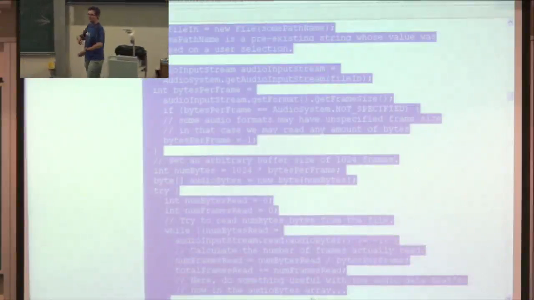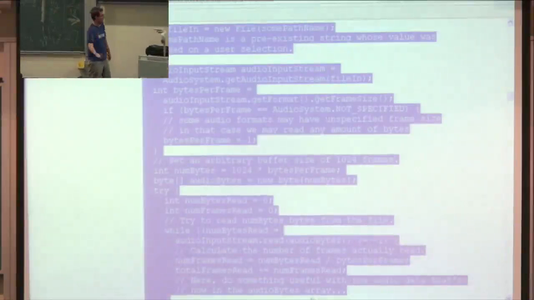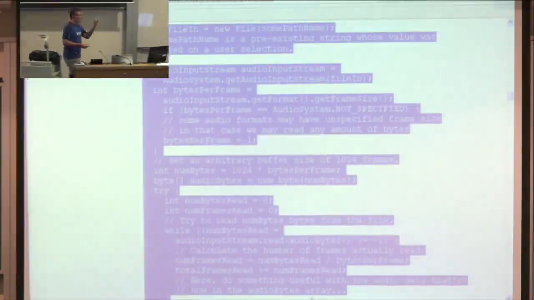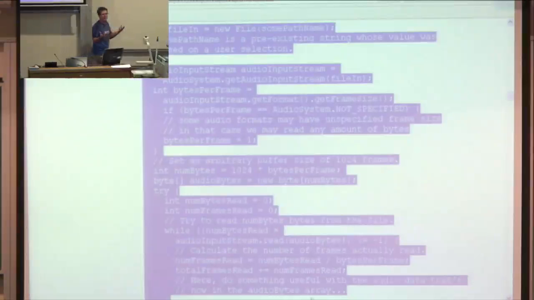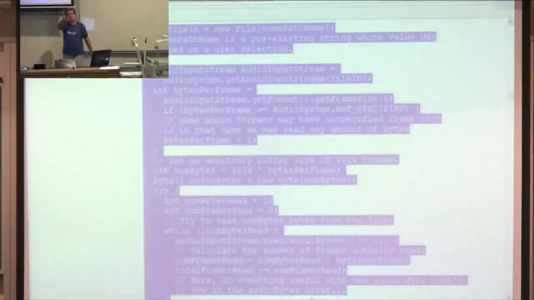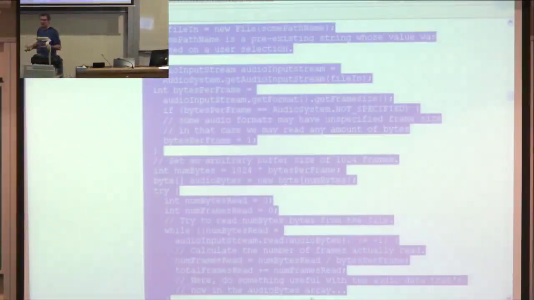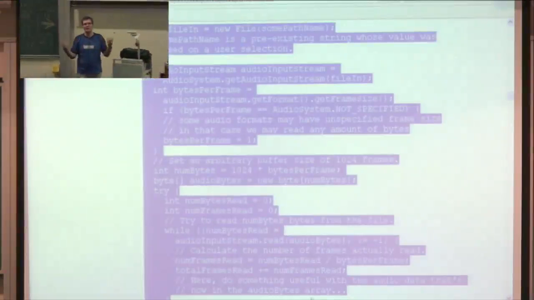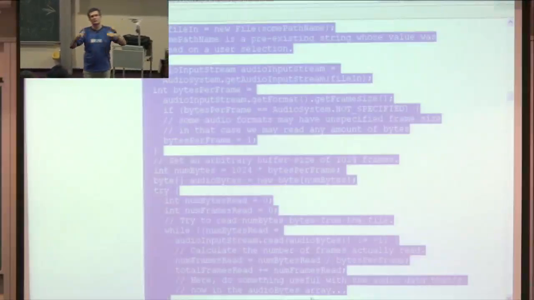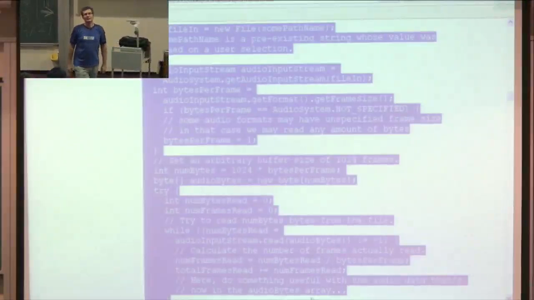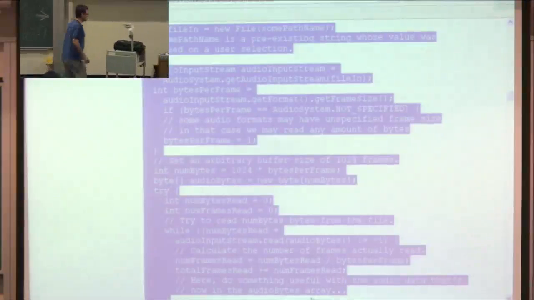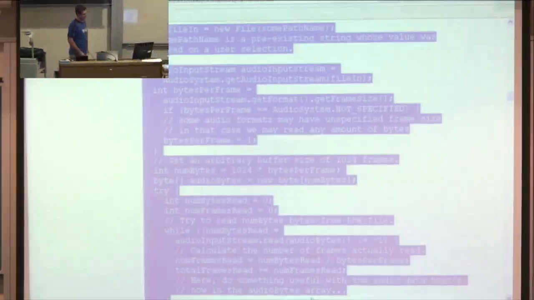But this code here, if you look at it and skip all the bits you don't need because it's doing all sorts of things you don't need to do, reading a small amount at a time and constantly rereading it and repeating it, and it's only setting up a small buffer. And when I wrote my code, I don't know about anyone else, how did you do with yours? I just set up a huge buffer. You can't set it up to be as big as you want. Oh, no, you can't make it as big as you want, but I made it like 10 meg or 100 meg or something, and all the sound files were smaller than that, and it all just worked. It's like an issue with processing longs. Yeah, that's right. You can't go outside the range, it's a pain.